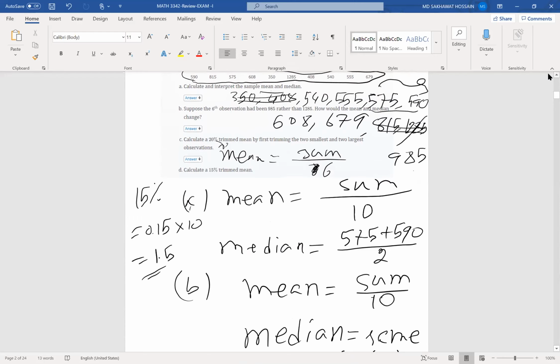So how can we remove 1.5 observations? 1.5 means you have to completely remove this number and 50% of the next number, 50% of 408. And similarly, from the right, you have to remove this number completely and 50% of this number. So that means you can write actually